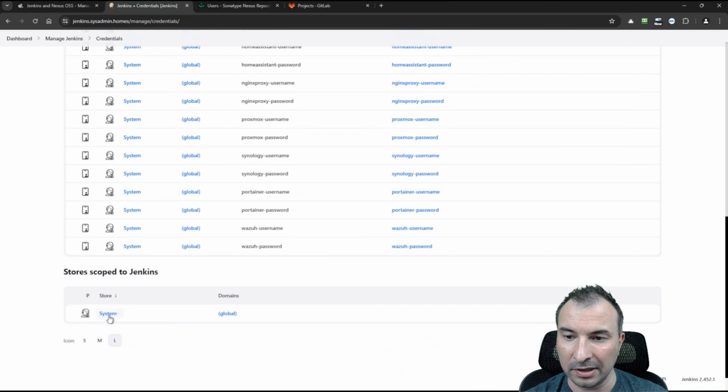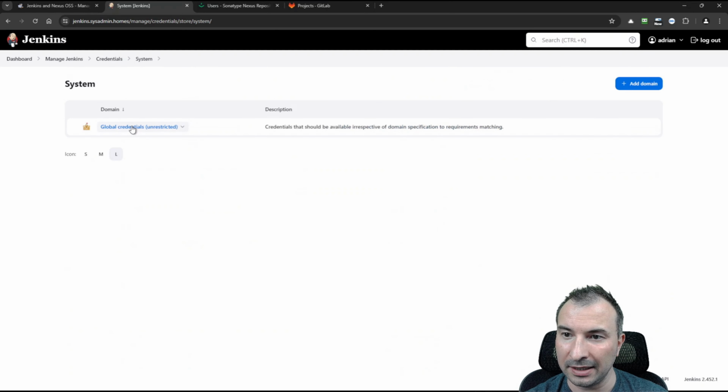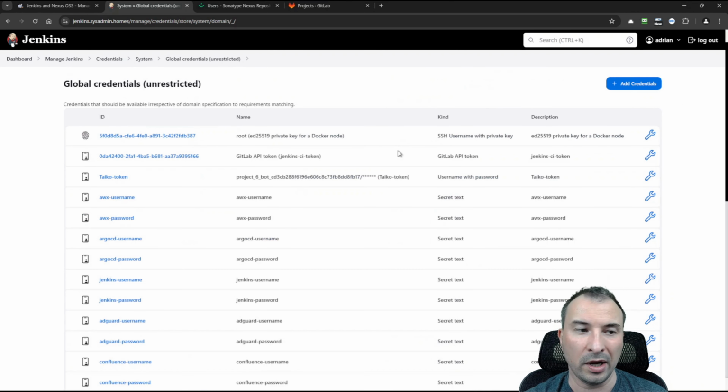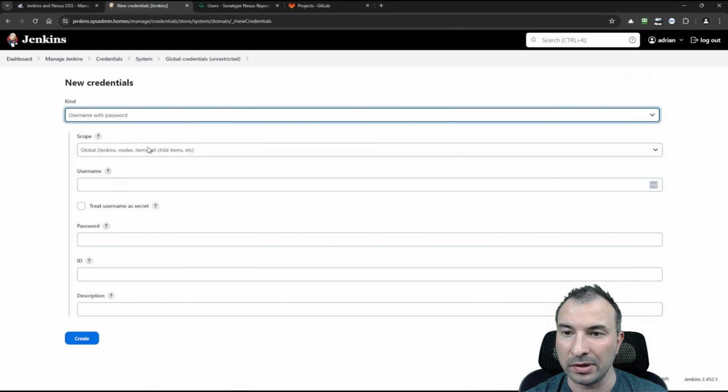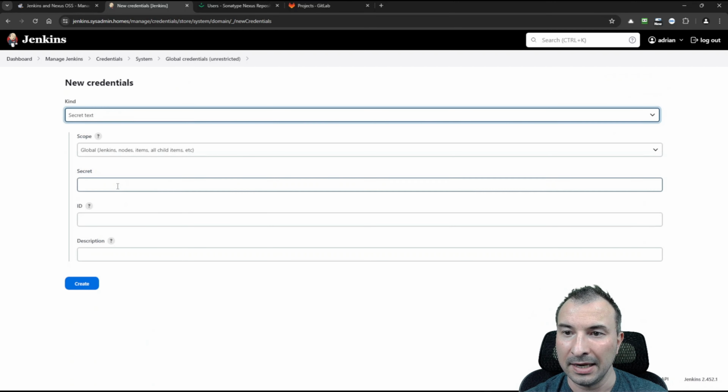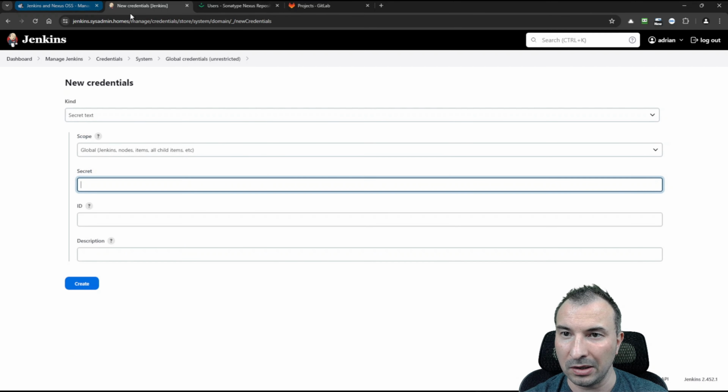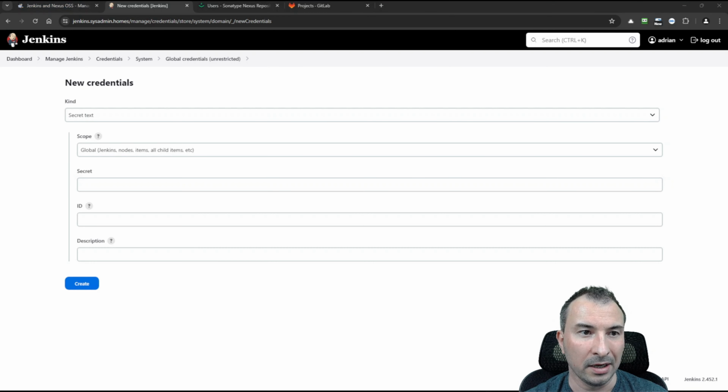Then scroll down, click on the system below, and then click here. And now we have a blue button in the top right corner. Add credential, so click it here and then choose something like a secret text. Now we need to provide a secret, so in our case the secret will be a username, so